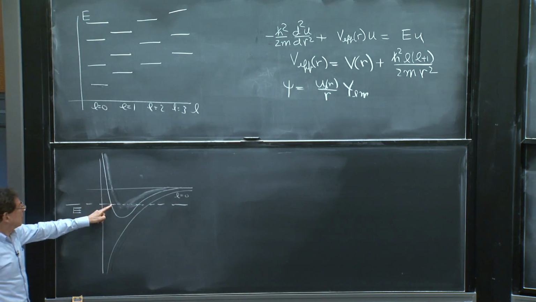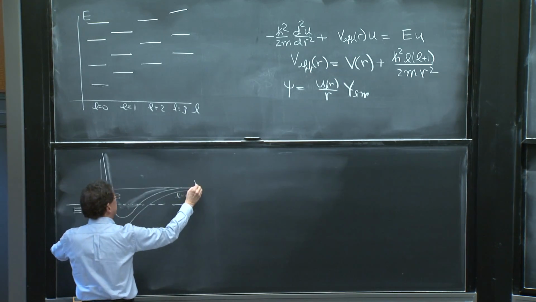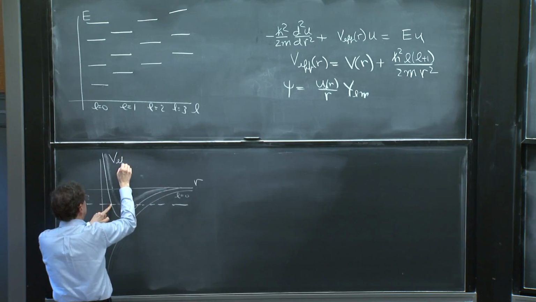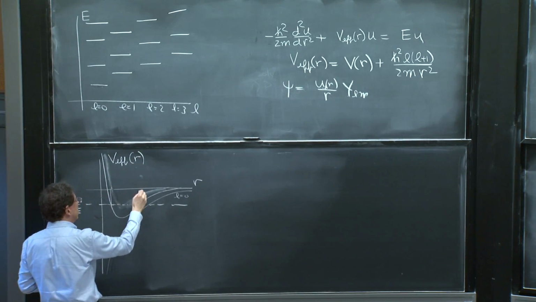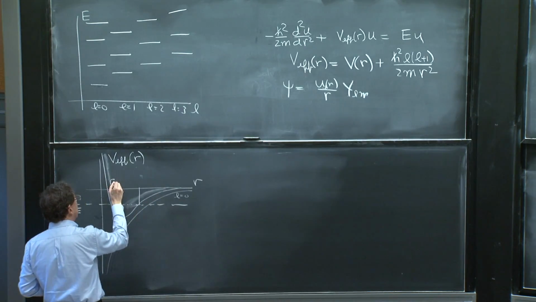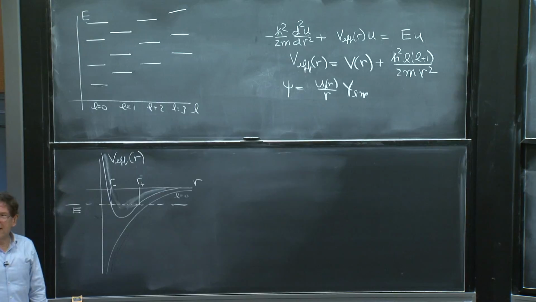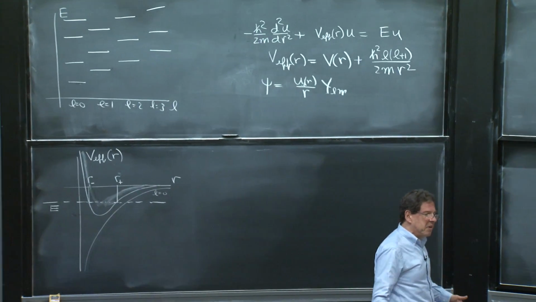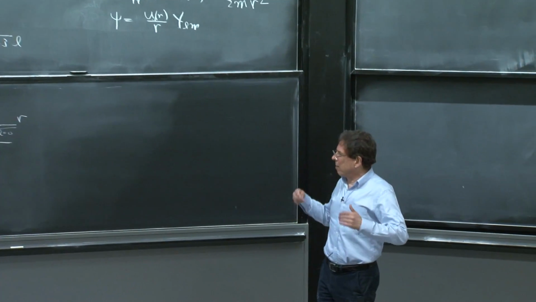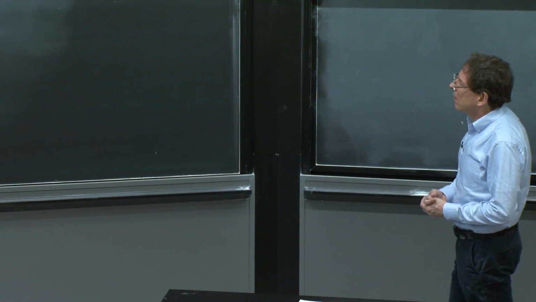And the electron will be going from some value of the radius. So this is the plot of the effective potential as a function of radius. It will go from one to another. They could be called R minus to R plus. And our semi-classical interpretation, which is roughly good if you're talking about high quantum numbers, high principal quantum numbers, high